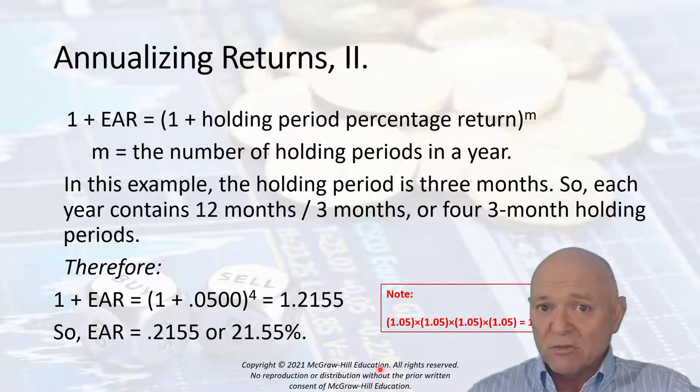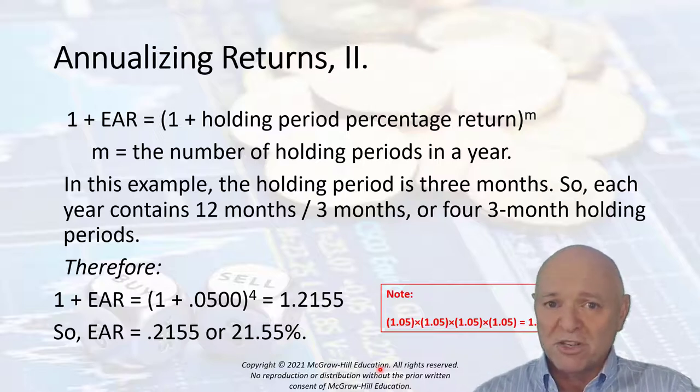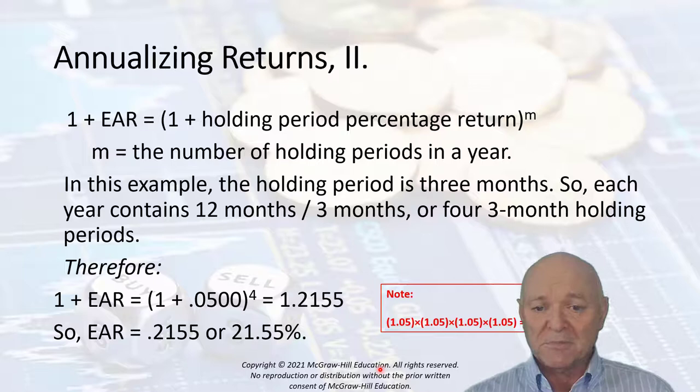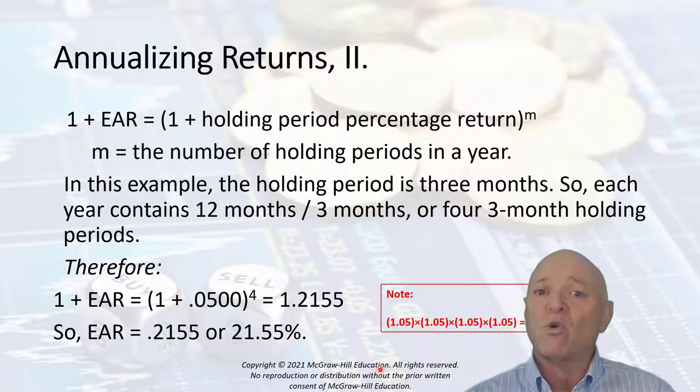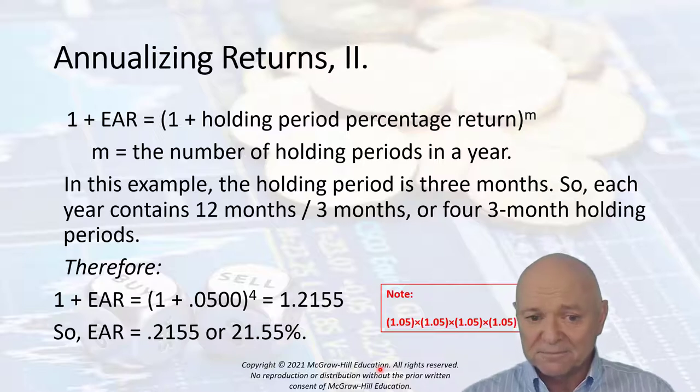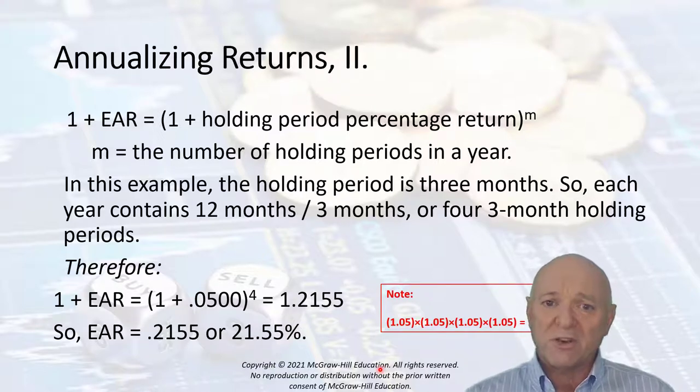That is essentially equivalent to 1 plus the holding period percentage return, the holding period yield, to the power of time. In this case, the M is the number of holding periods per year. So if we had 5% as the holding period yield that we saw in the last slide, and we had 4 periods, we take that to the 4th power. So 1 plus 5% is equal to